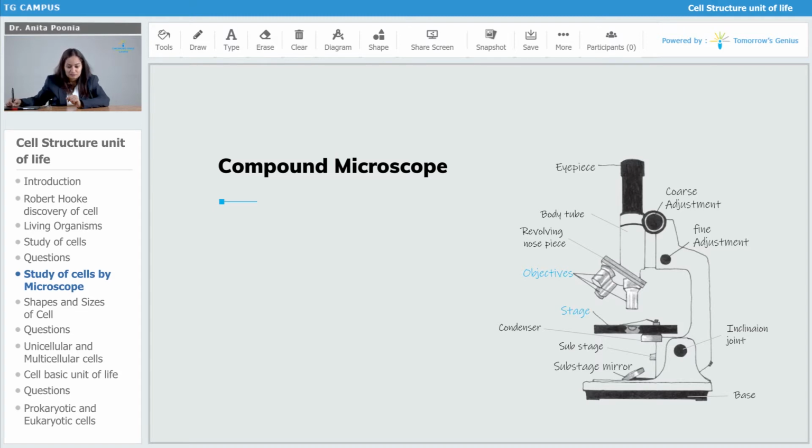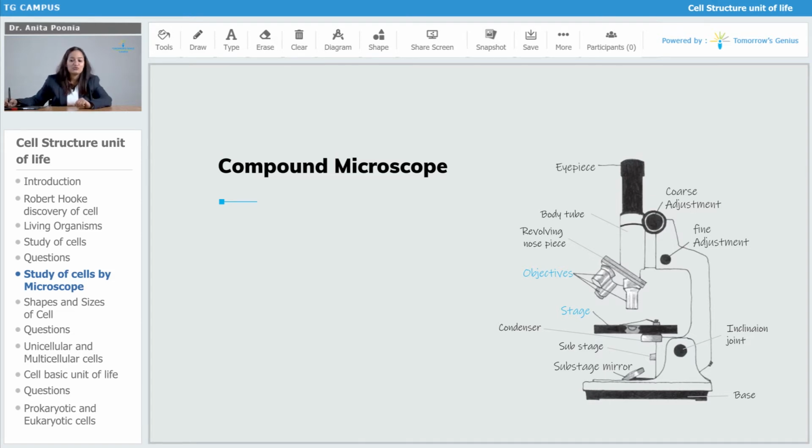If you could see this tiny arrow where I've made, this is your stage. Here you are going to very gently keep your glass slide with the object. Now you are all set for observing that image.